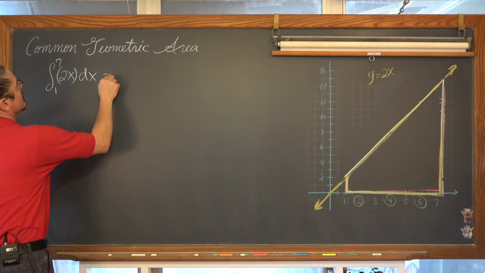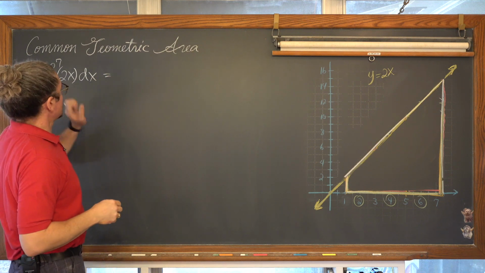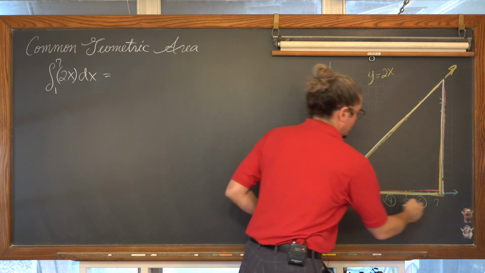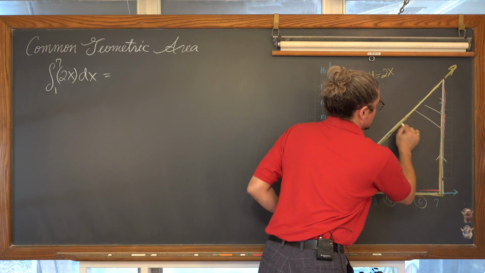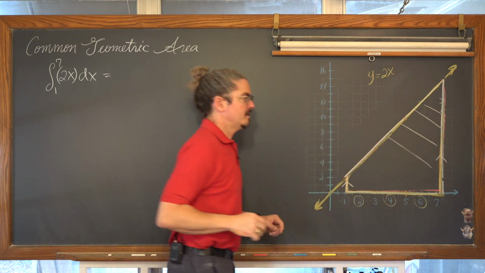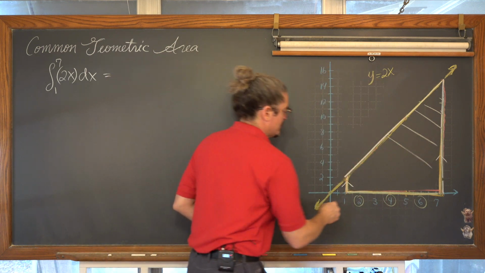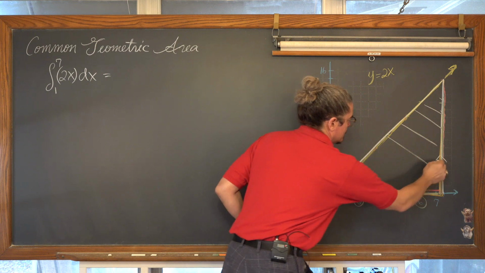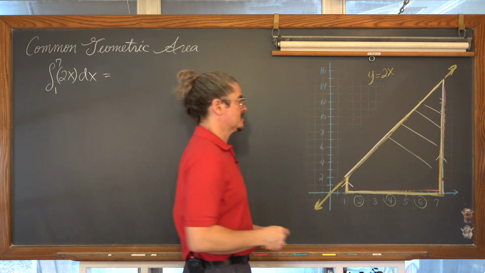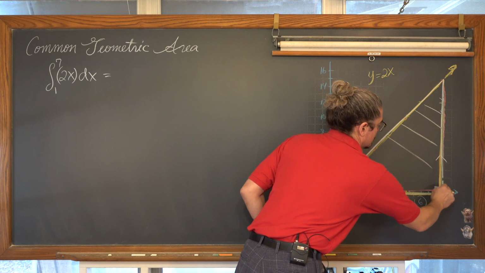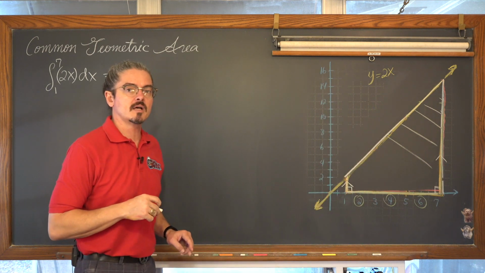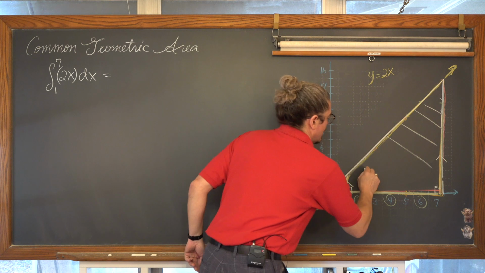We have here this y equals 2x between 1 and 7 creating the shape of a trapezoid. And we know how to find the area of a trapezoid. We have two parallel sides, which are going to be considered the bases. And then we have a line segment which is perpendicular to those two parallel sides. So indeed, the area of a trapezoid